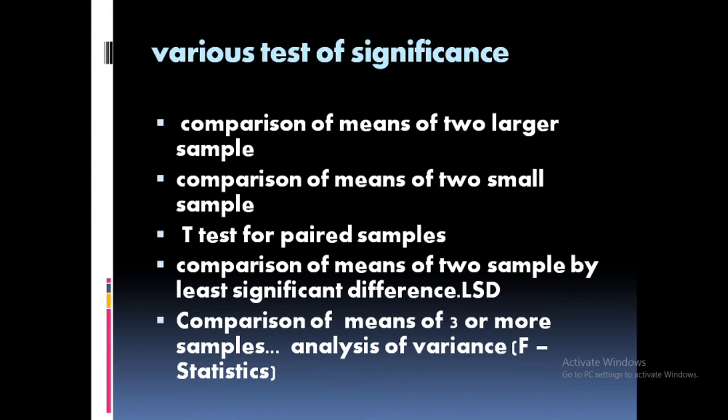So the choice of alpha is governed by the consequence of two types of errors. The two types of error can be understood by taking this example. When a patient is given a medicine to cure some disease, type 1 error is when the medicine has a positive effect, but it is considered that it has no effect or an adverse effect.